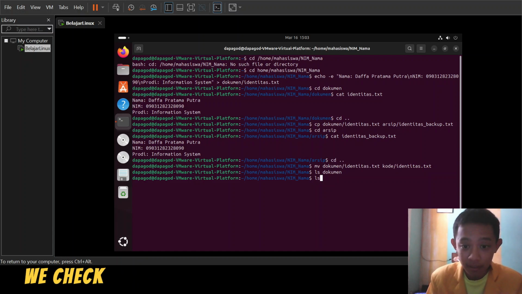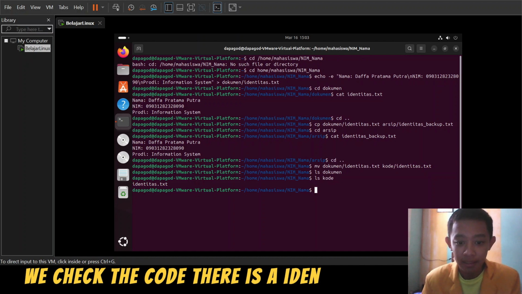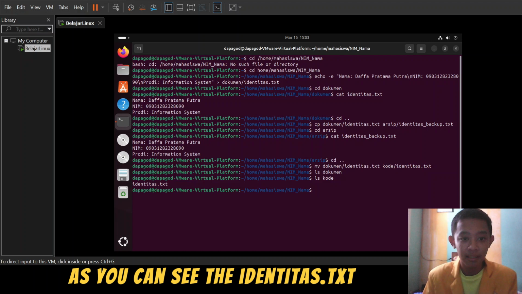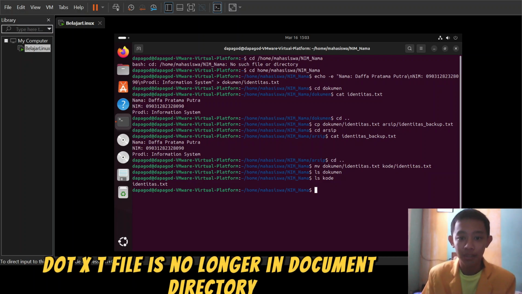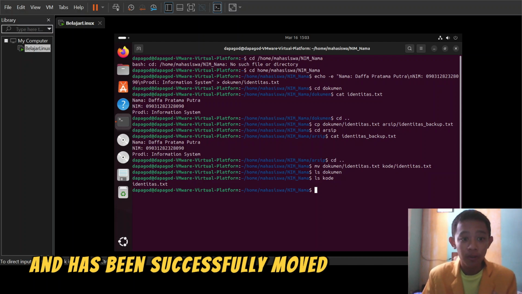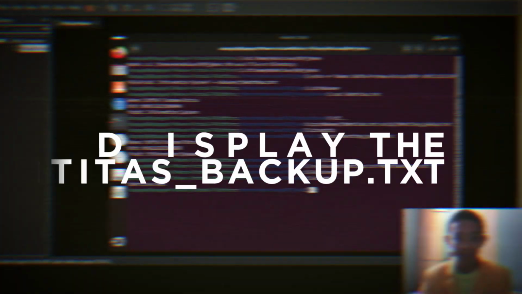Otherwise, we check the folder. There is identitas.txt. As you can see, the identitas.txt file is no longer in the document directory and has been successfully moved to the code directory. Okay, next